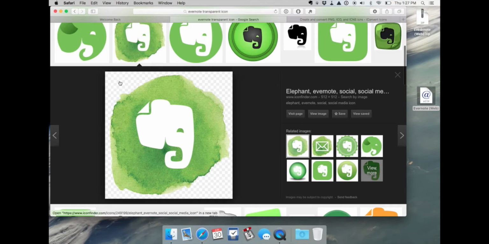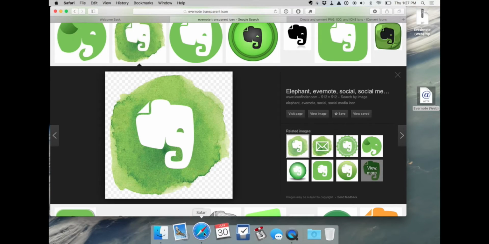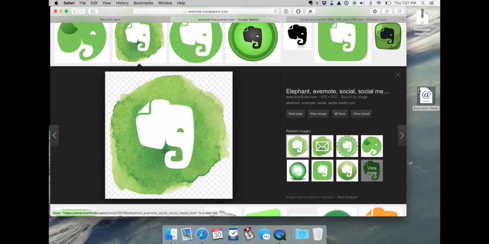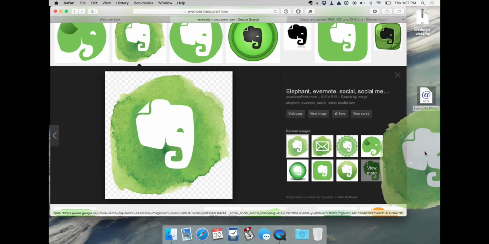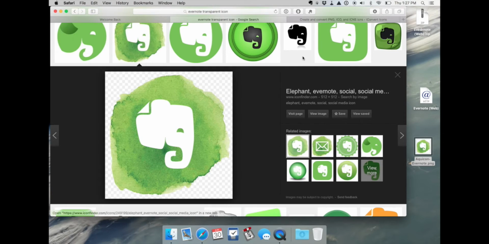So that means we won't have a white box around the cool elephant and green thingy. What does that mean? It'll look more like these icons down on the dock. A nice icon with no white box background behind it. So, to make our own fancy icon, we're going to drag this elephant head over to the desktop. On my web browser, I'm going to go to